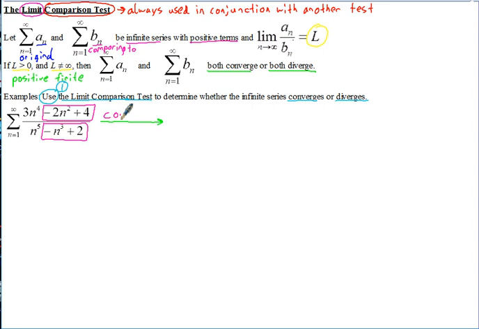So what we're going to compare it to is the same series from n equals 1 to infinity of 3n to the fourth divided by n to the fifth. So similar to this one, but a little simpler, so we can work it out. Now, if we simplify this,